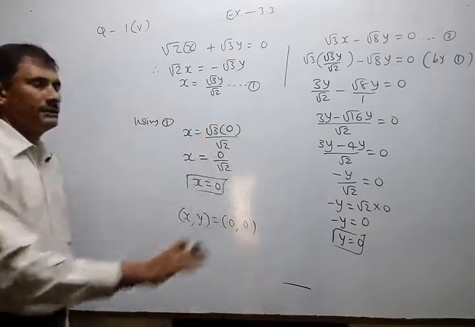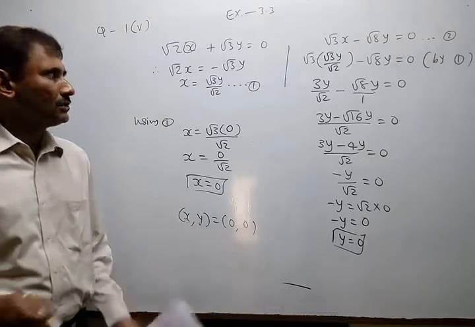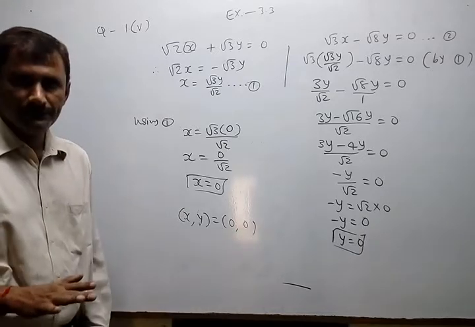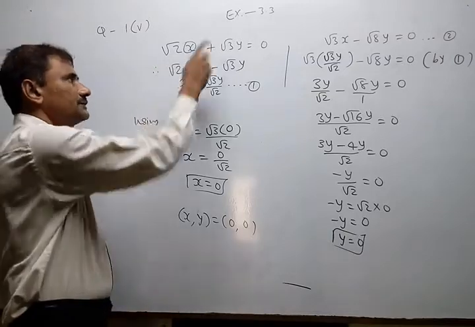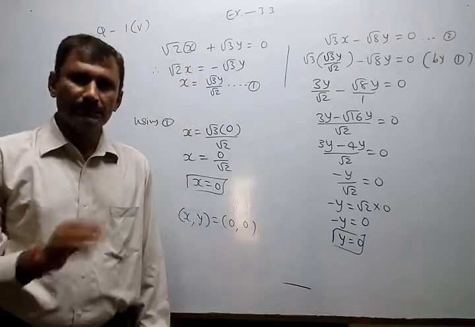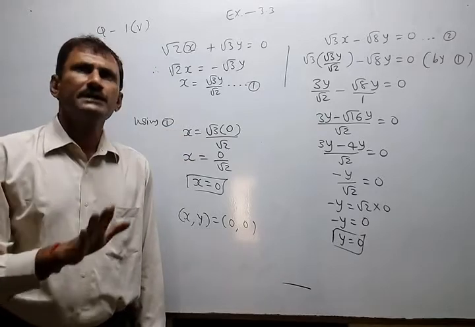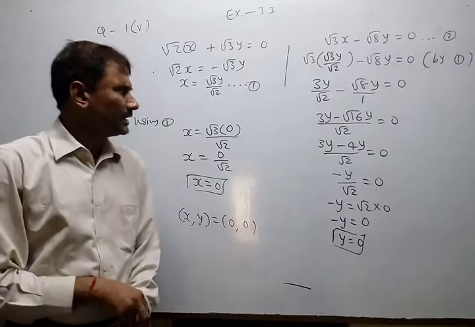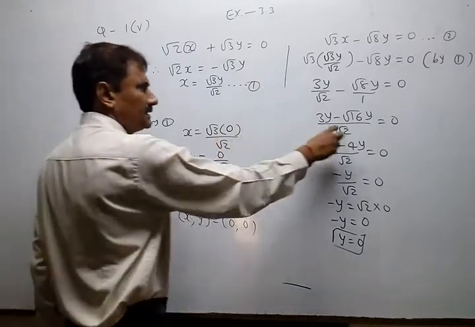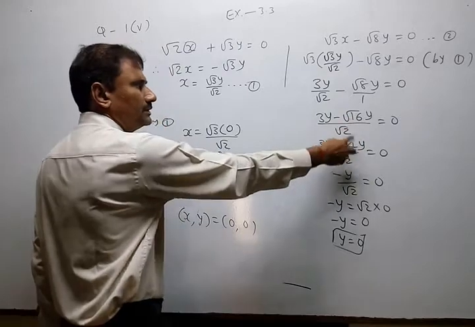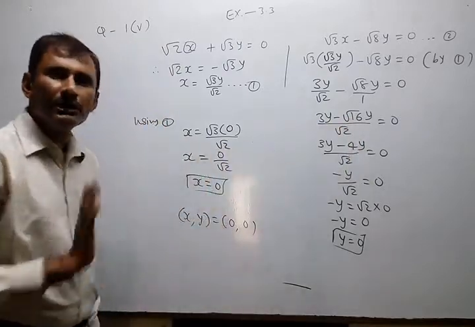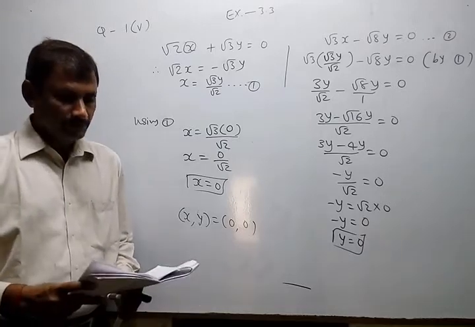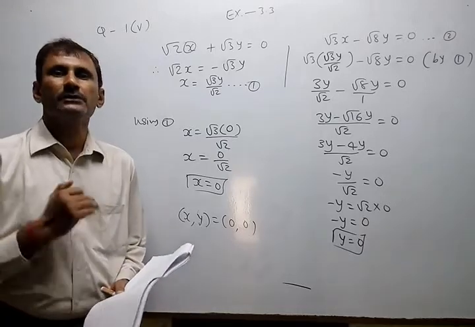That is not different, but in this sum no constant term is there, so both values become the same. Just look there and do not get confused by the root numbers. If irrational numbers are given, that does not mean our sum becomes difficult. The sum remains the same type, but be somewhat careful while taking the LCM and converting irrational to rational numbers whenever required. So that is the fifth sum of 3.3, first main question.